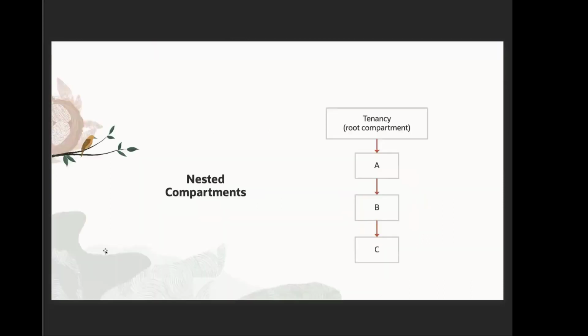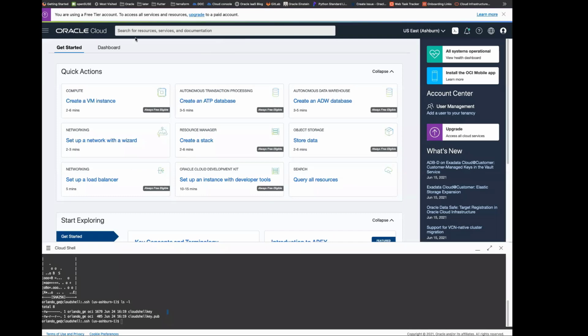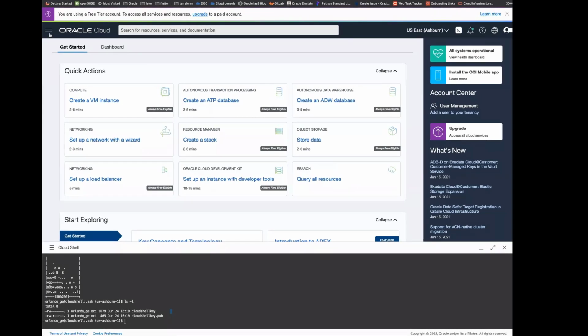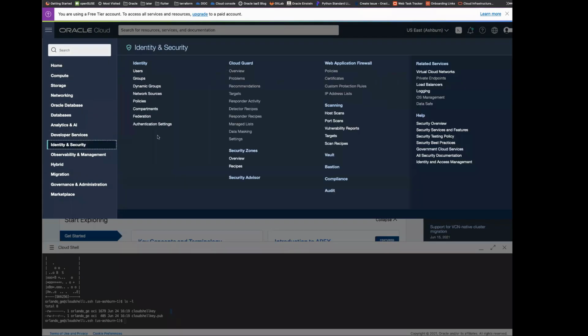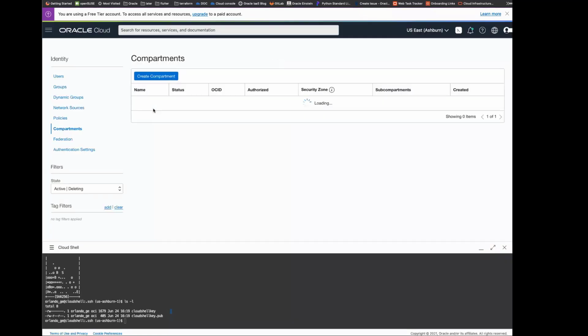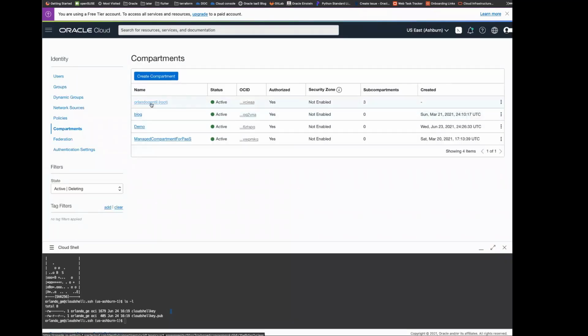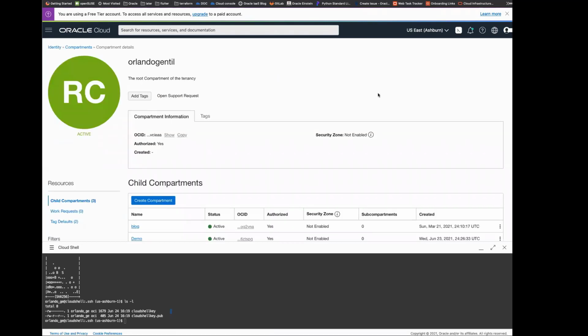Compartments can be nested. Your tenancy is the root compartment. So every time you see something that we refer to as the root compartment, it's your tenancy. To navigate the compartments, you can go on the navigation menu, identity and security. And from here, you can see. So this is my tenancy, which is going to be my root compartment. Those are subcompartments that I have inside. If I click here,